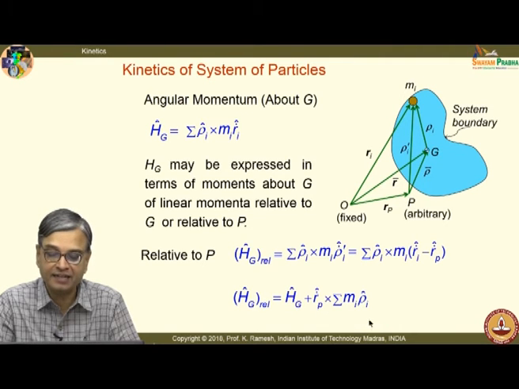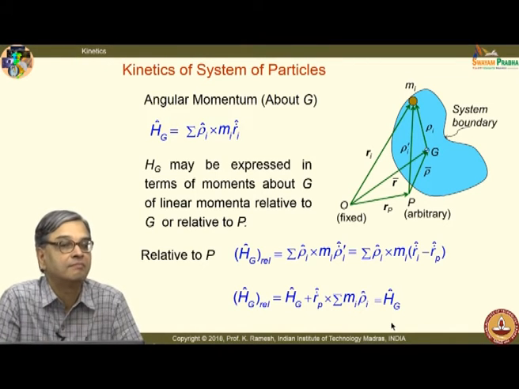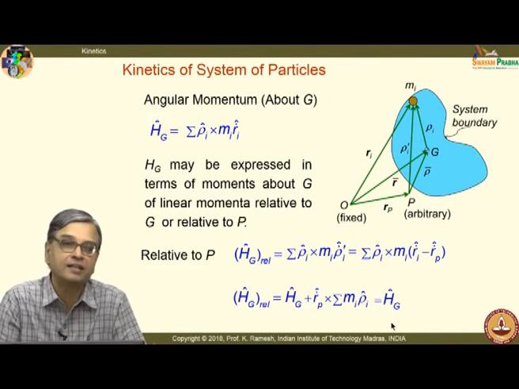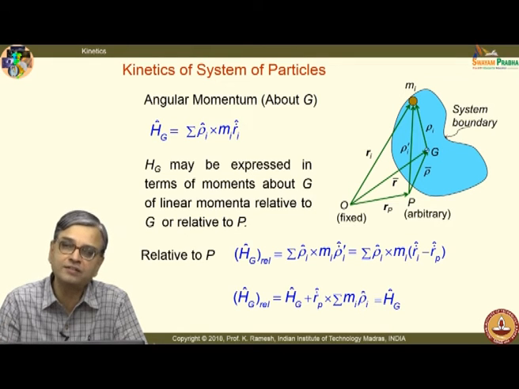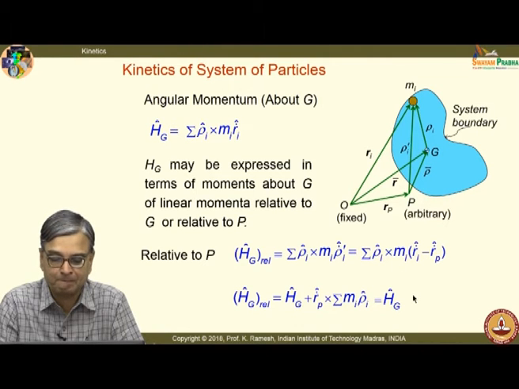Here again I get an identity: Hg rel is equal to Hg. It is a very interesting identity. Whenever we take advantage of it, we can compute it from relative quantities or the definition shown here. Please write this down, and I hope it is free of typographical errors. If there are any errors, please bring them to my attention.